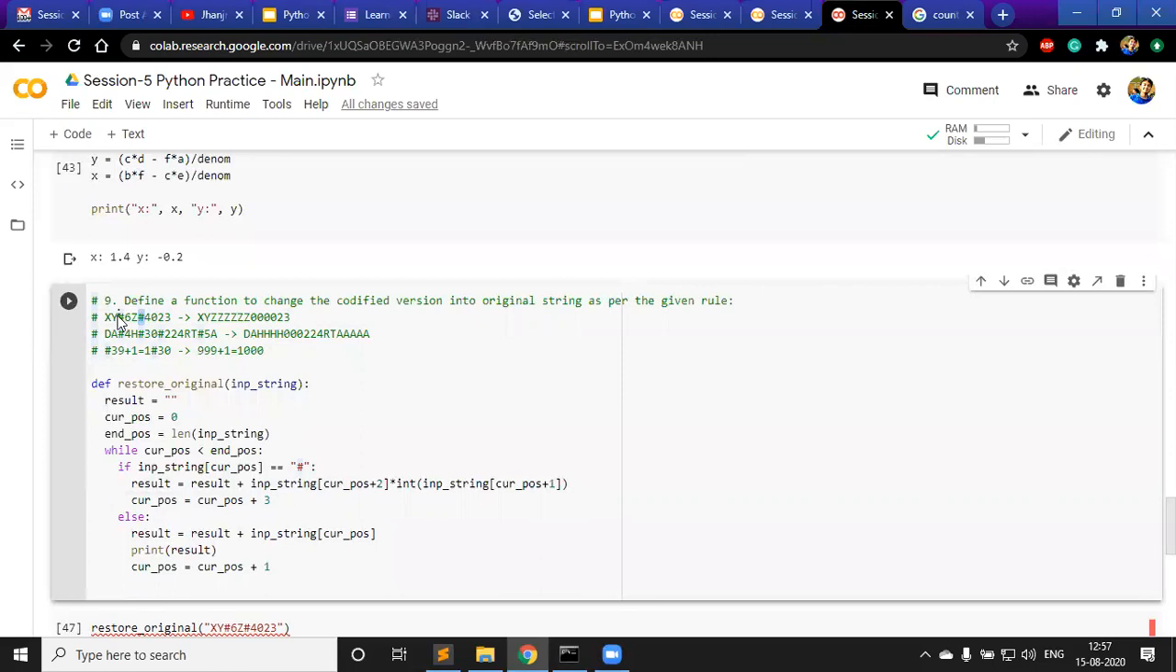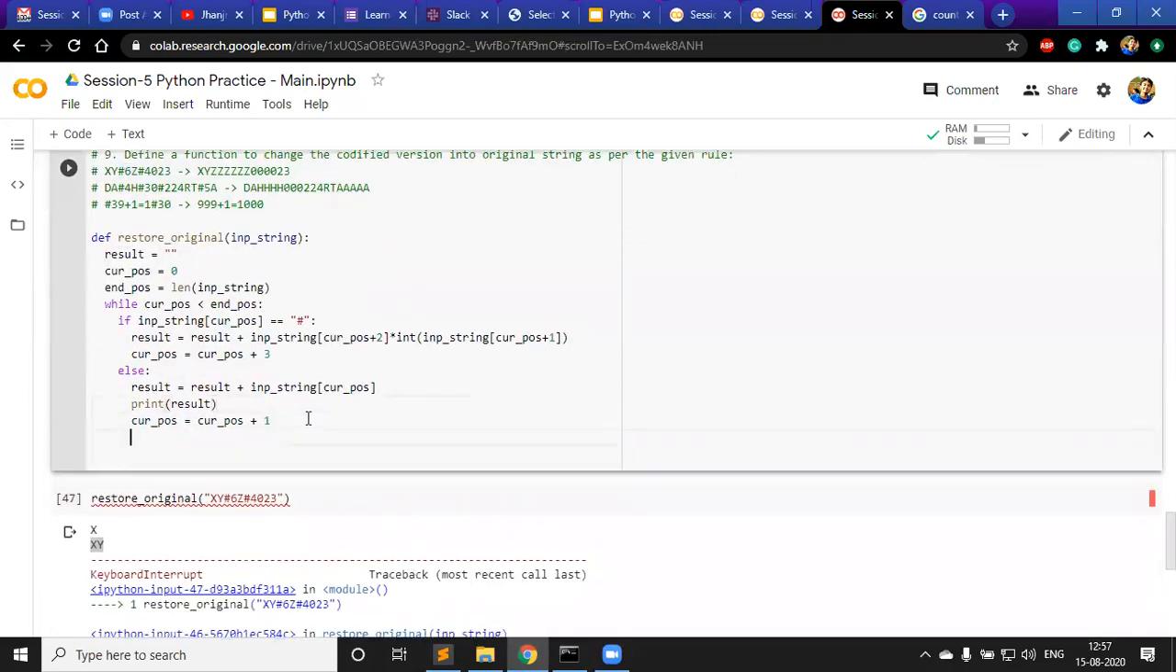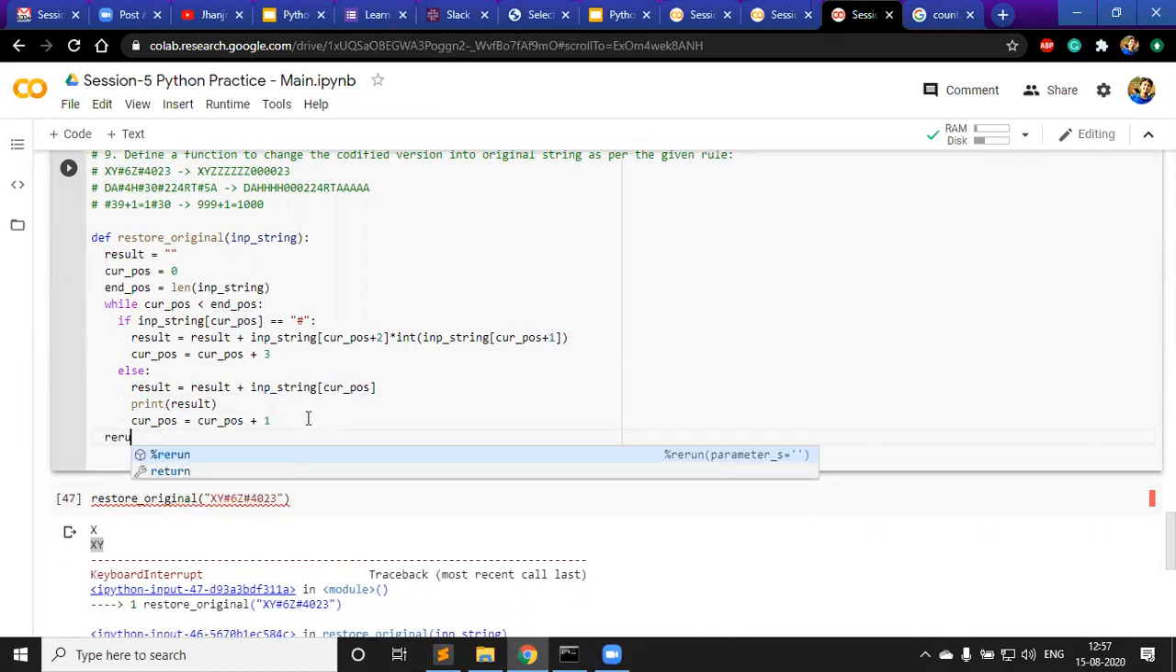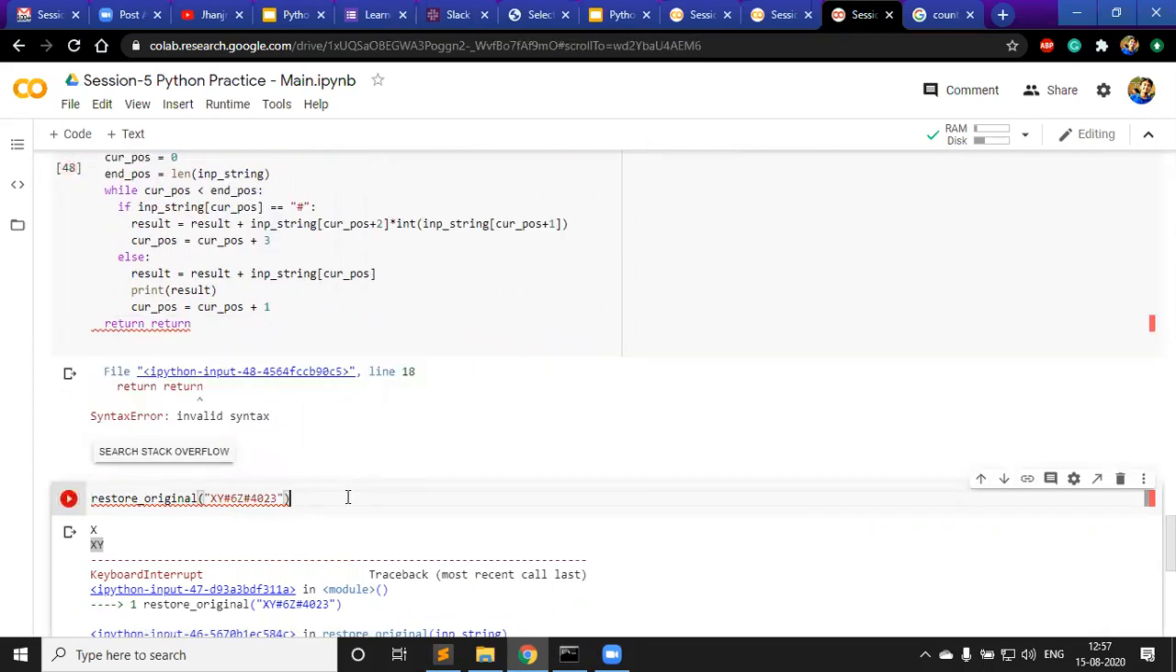Now, all of this is done. 3 values have already been taken care of. Now, next 3 values will have to be taken care of. So this is my final result. This is how I could do it. And then at the end, what I could say was simply return the result, so that I could use it in different cases. Now if I run it,